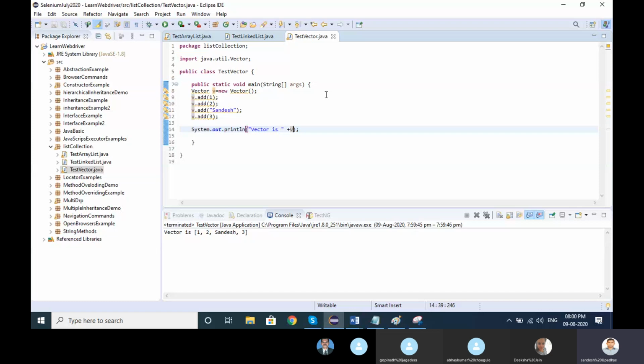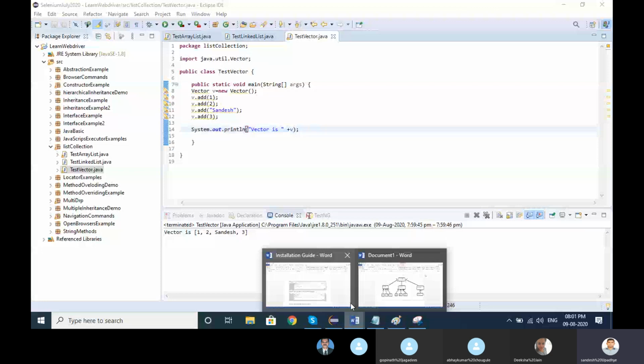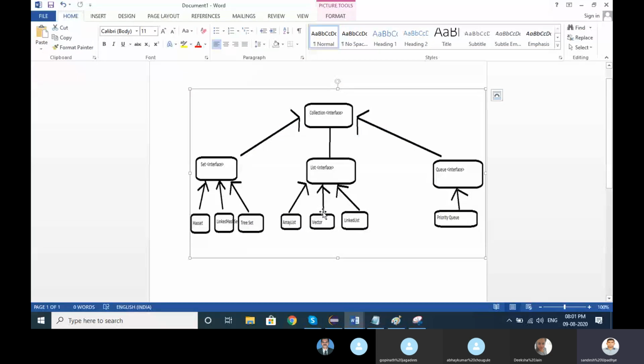When we want to take all the values from a database, we can go blindly with the List interface. Okay, any queries? LinkedList is faster, then ArrayList is second fastest, and Vector is third. So performance wise, LinkedList is better at the first level, ArrayList second, and Vector third.